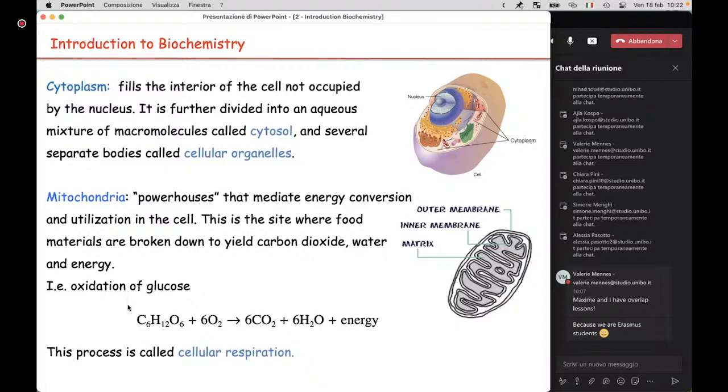But the important part here is that glucose is oxidized, and the oxidation releases the energy contained in the chemical bonds of glucose. This energy then will be stored in the cell, ready to be used for any needs the cell has. This process, the release of energy through oxidation, is called cellular respiration, of course, to set it apart from the body respiration that happens only in the lungs, in the respiratory system.